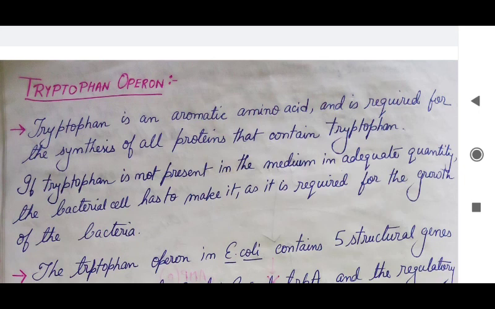Now, if tryptophan is not present in the medium in adequate quantity, then the bacterial cell has